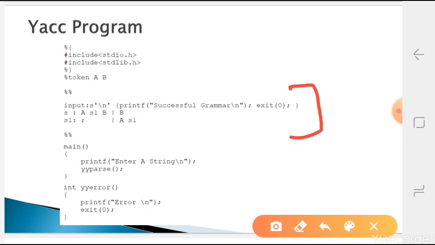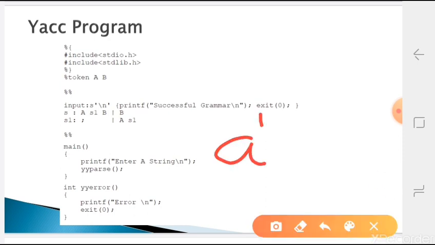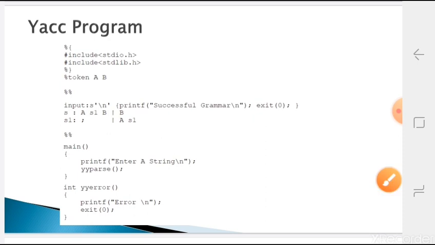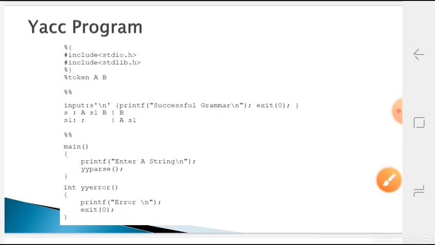Here, the rule section. In this rule section we have to write our complete grammar, and for each production we should have some action part. Here our main intention is to check whether the grammar accepts the string a raised to n b or not. So the action part will only print that it is successfully executed. If the entire grammar accepts the input, we just print a successful execution of that grammar. Otherwise it is an error.